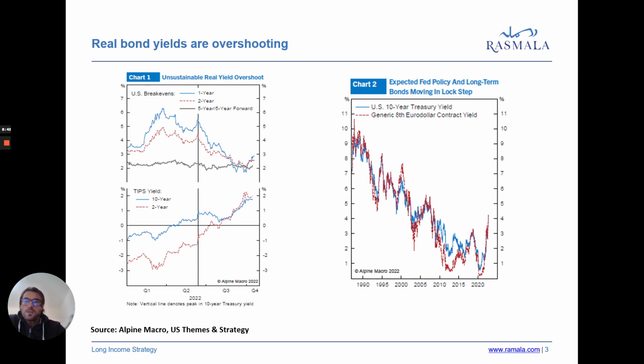They were analyzing the real bond yields, and what they noticed is that the yields became positive at some point during the year because of aggressive tightening by the central bank, and that, in their opinion, has caused an overshoot of the real bond yields,